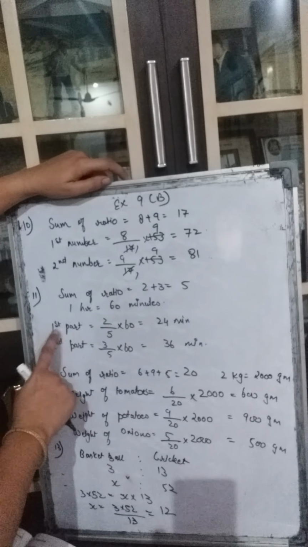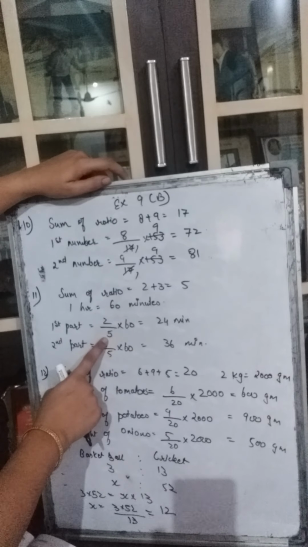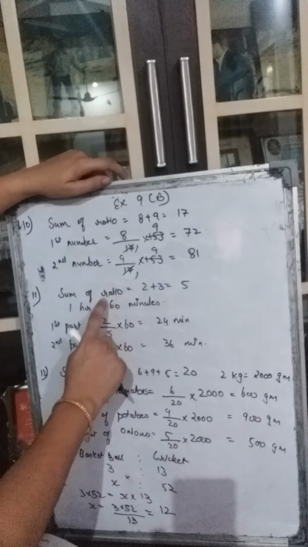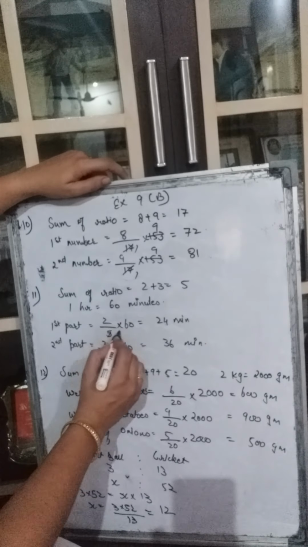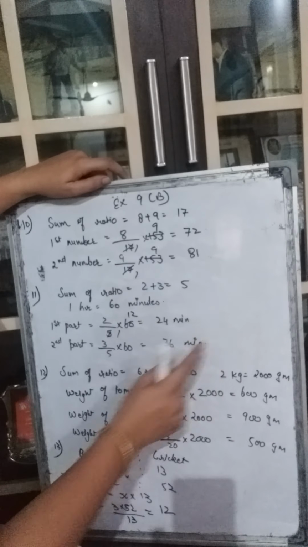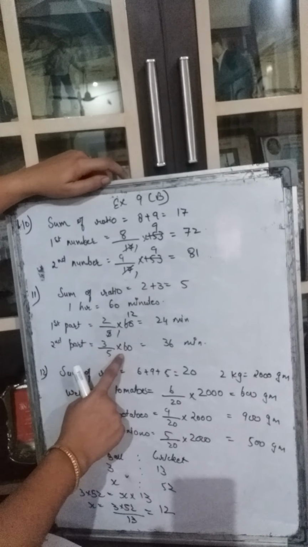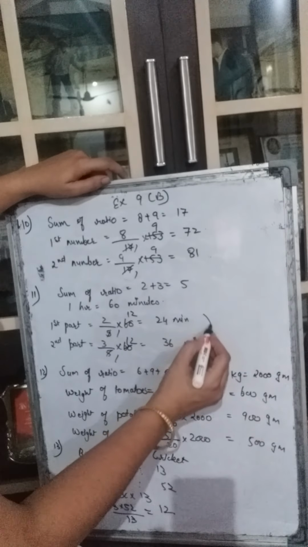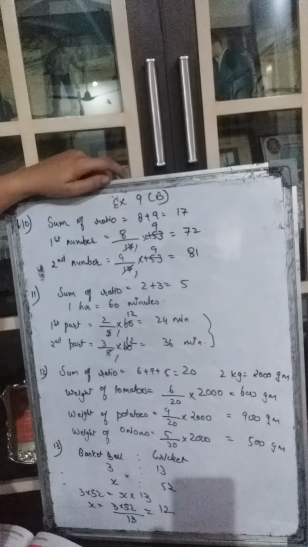So the first part will be, what is the first part? First ratio, that is 2, upon the sum of the ratio, that is 5, into 60. Why? The 60 minutes will be split into the two parts in the ratio 2:3. So here 5 ones are, 5 12s are. So 2 12s are 24. 24 minutes is the first part. Second part will be second ratio 3 upon the sum of the ratio into 60. So it will be 12 3s are 36 minutes. You can add these two and you will get 60 minutes. Right? That means your answer is correct.